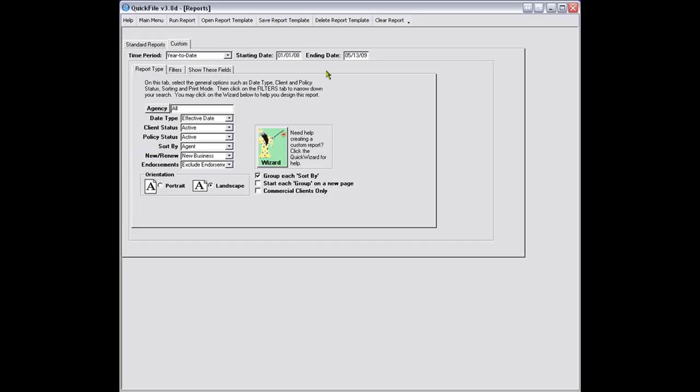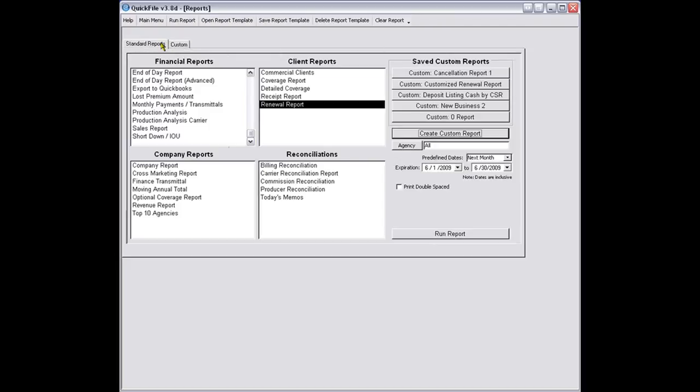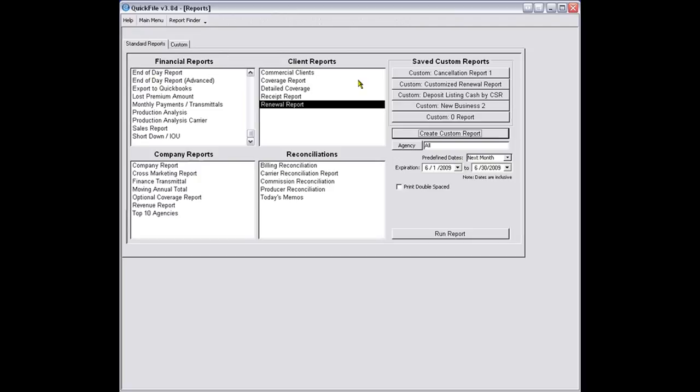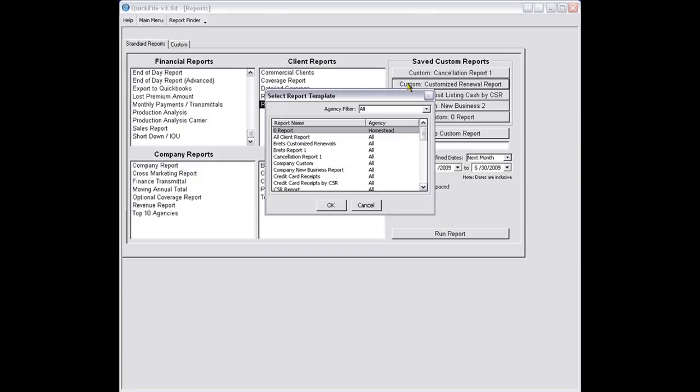Now, I've just got done designing all of these really nice custom reports, and it's kind of a hassle to go back and forth between standard reports and custom reports and open them up. So on our standard reports, you'll notice that we have these buttons over here that say Saved Custom Reports. Now, let's say that I want to put that Renewal by Agent report somewhere where I can access it very quickly. So what I'm going to do is right-click,